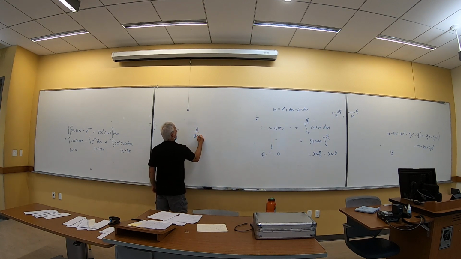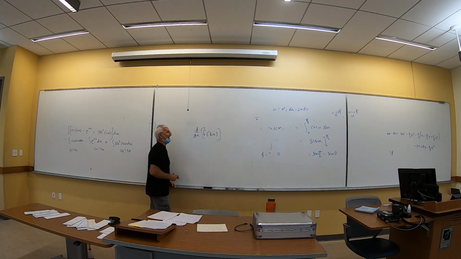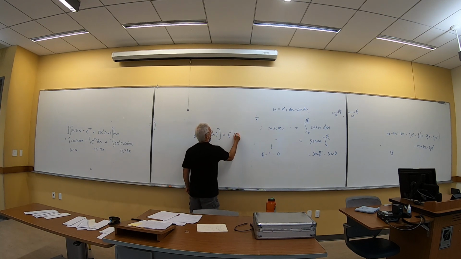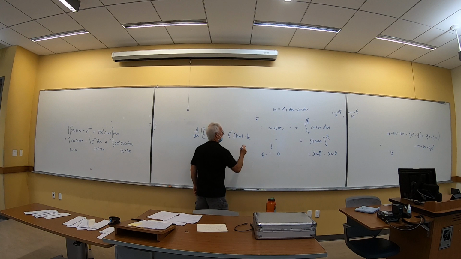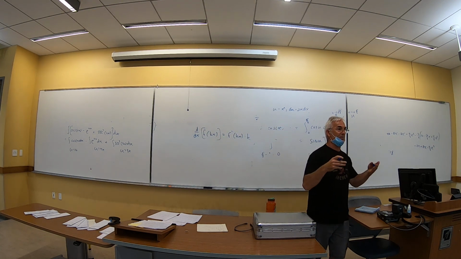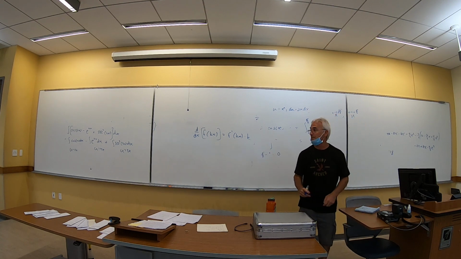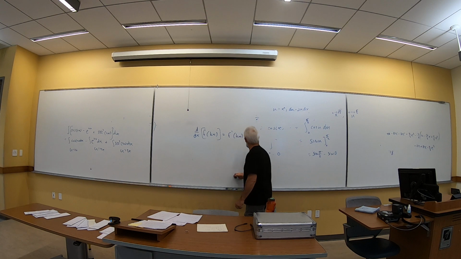I want you to differentiate f of kx, where k is any real number. Isn't the answer f prime of kx times k? So if I said differentiate sine of 10x, you'd say it's cosine 10x times 10. We know that. That's not even a question. So the question really is,